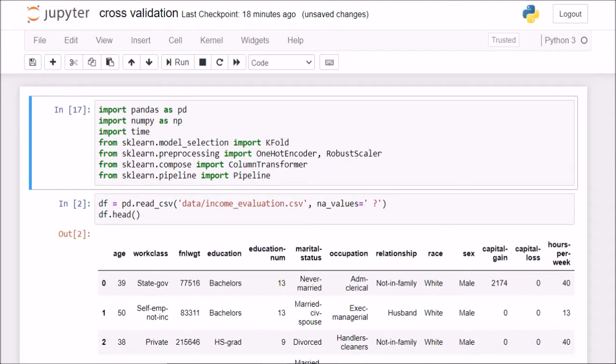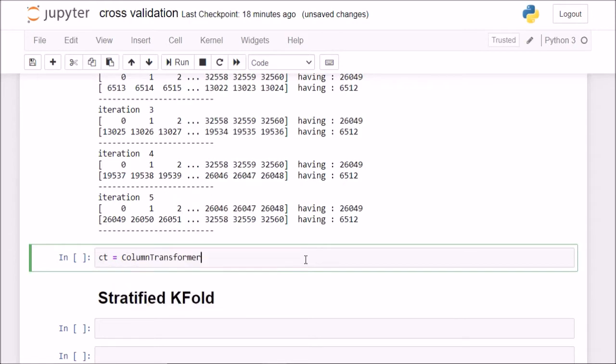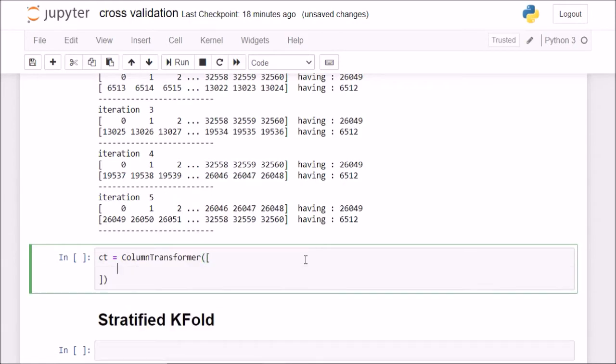Now I imported these libraries. I've imported column transformer and pipeline as well. I'll first instantiate this column transformer object, and my first step is my robust scaler, and on what columns?